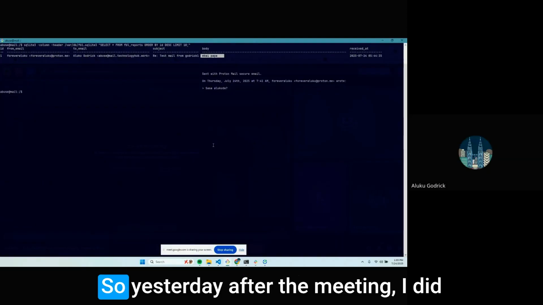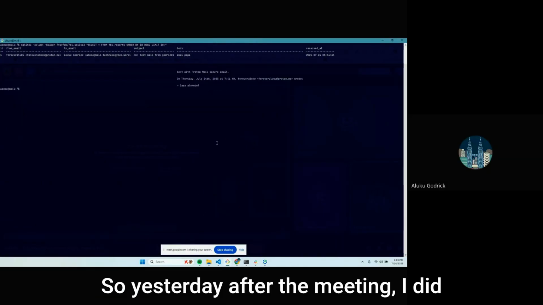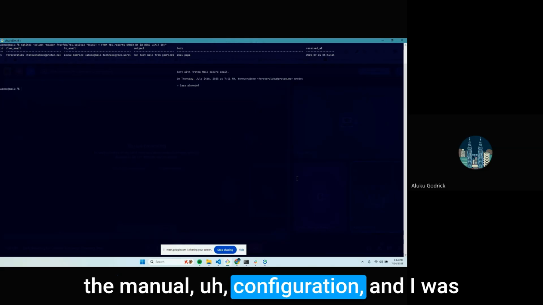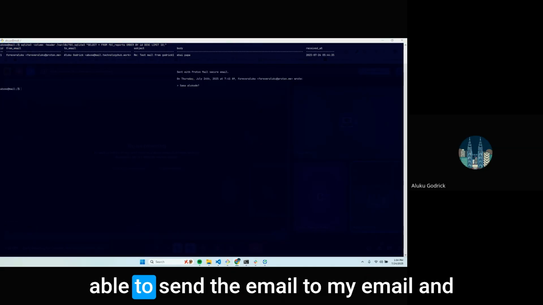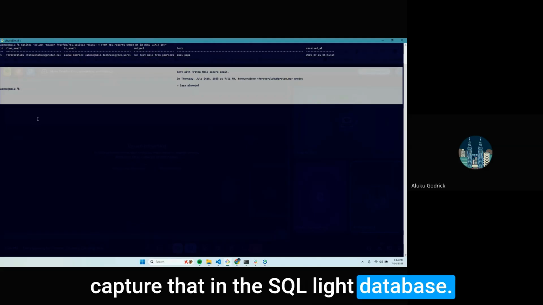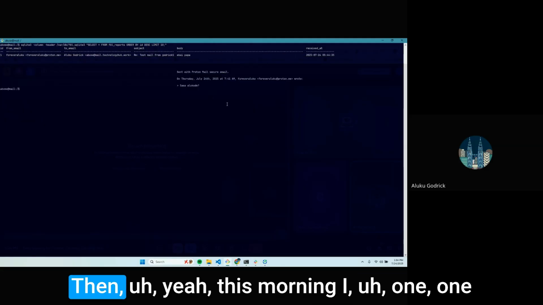Okay. So yesterday, after the meeting, I did the manual configuration, and I was able to send the email to my email and capture that in the SQLite database. Okay. Then, yeah, this morning,